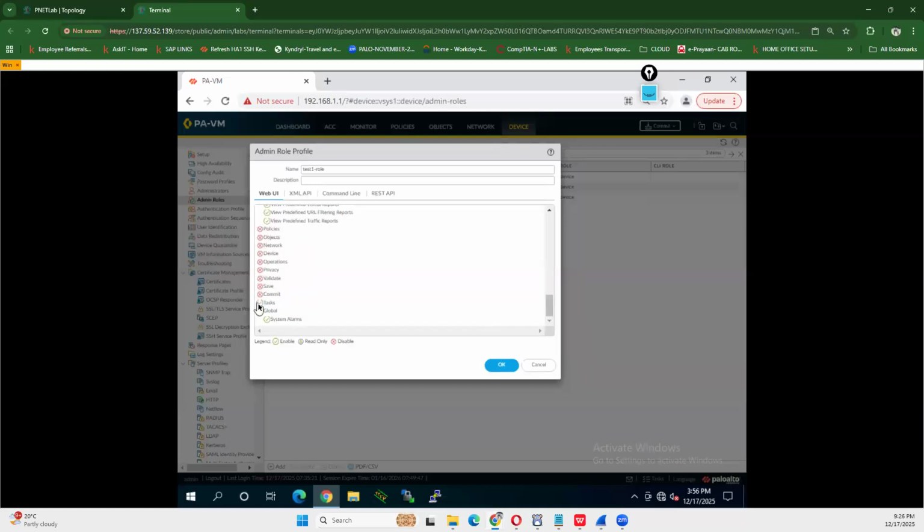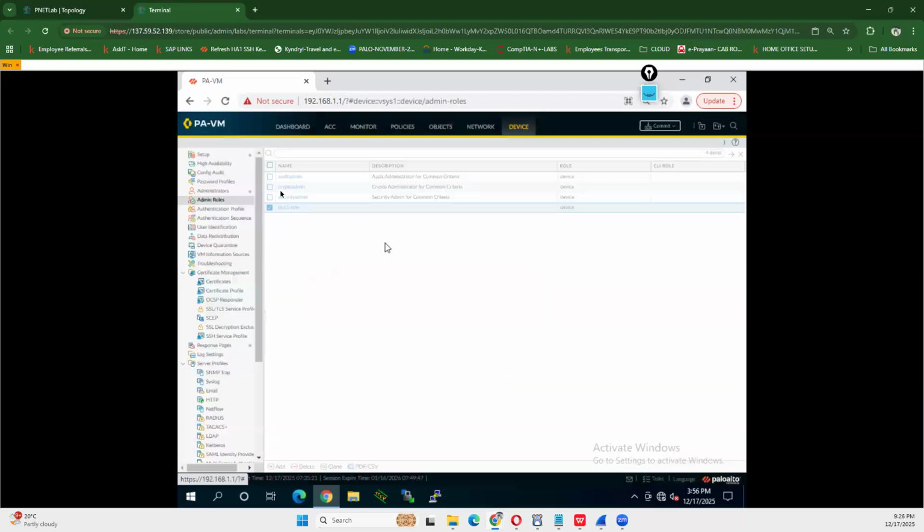Why is this not? Okay. He only has access to monitor tab, ACC and dashboard. So let me click OK. So this is the role that I've created. Okay. So let me apply this role to a user,